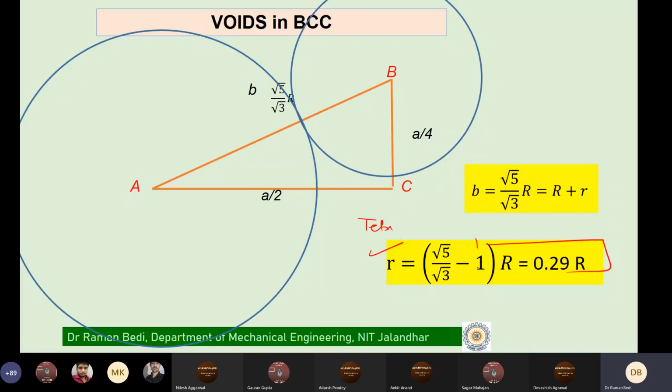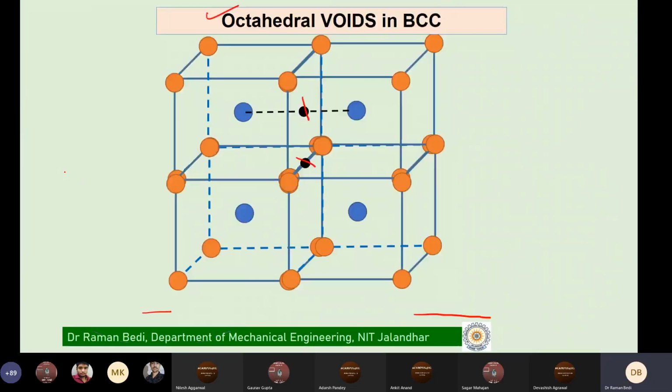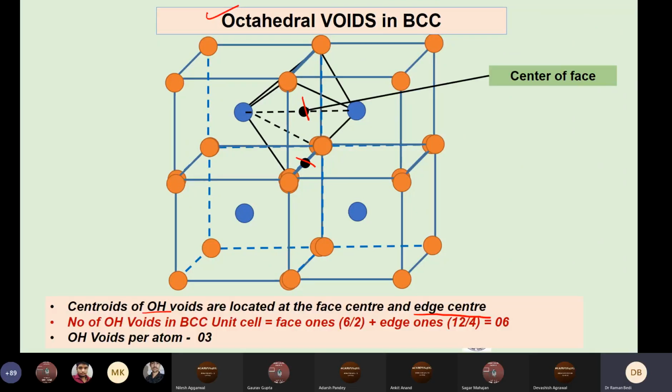tetrahedral, is 0.29 times R. And the radius ratio in the case of the second one, that is your octahedral voids, which we see are available to us here. Obviously, if you look at it carefully in this 2D animation, it's a bit tricky to see how this octahedron is formed. But if you look at it carefully, you will see how the octahedron is getting formed. 1, 2, 3, 4. We have 1, 2, 3, 4, and then there are 4 at the back. That's how the 8 faces are generated here.